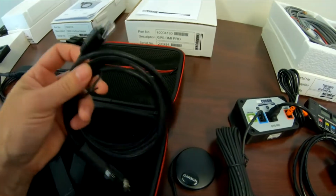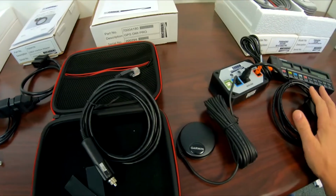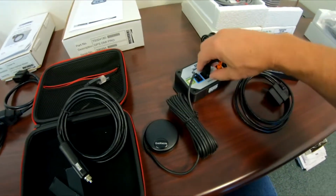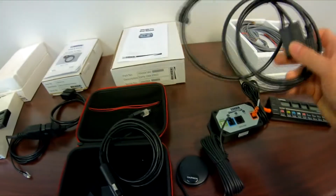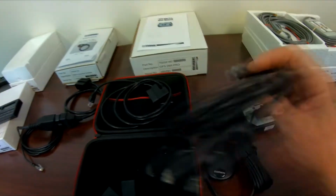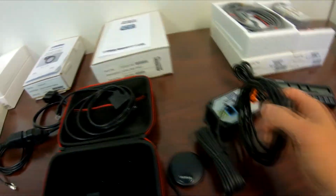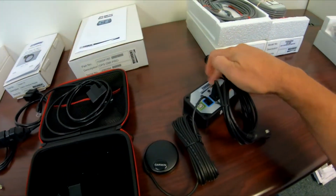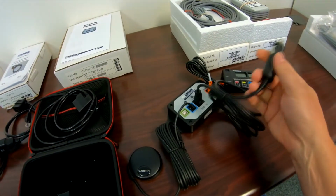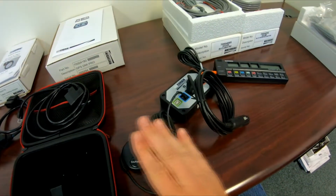And what this is designed for, let's say for example, you have an older vehicle and you don't necessarily have an OBD type of function. Well, you can actually unplug the OBD from here, so you're not using that cable anymore, and you simply plug in the cigarette lighter adapter to that port. This now allows you to power this box without an OBD port. So you just plug this into your 12 volt or cigarette lighter adapter, and you're basically running just on GPS